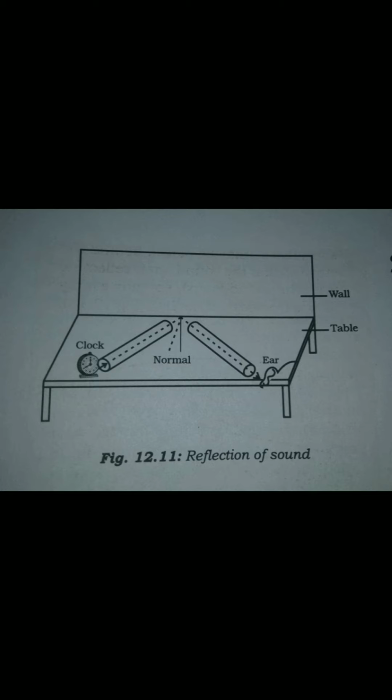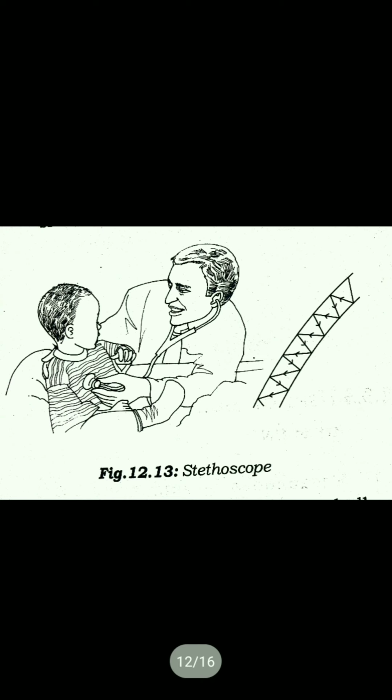Another place where multiple reflection is seen is the stethoscope of a doctor. The doctor uses the stethoscope to hear a heartbeat or any kind of sound which comes out from our interior. As shown in the figure, the multiple reflection of sound passes through the stethoscope, and because of this, the doctor can easily listen to the sound of the heartbeat or any other thing.